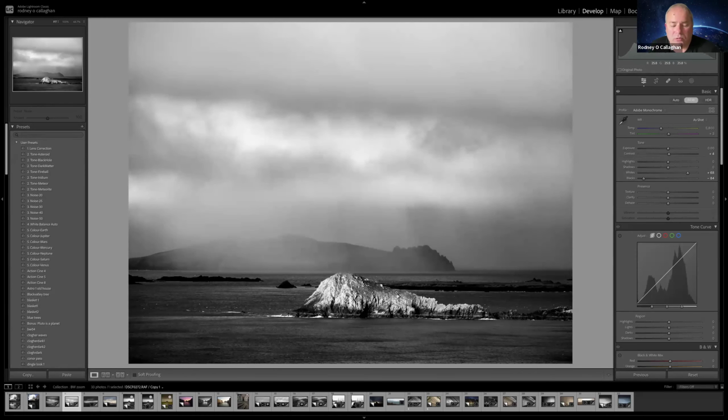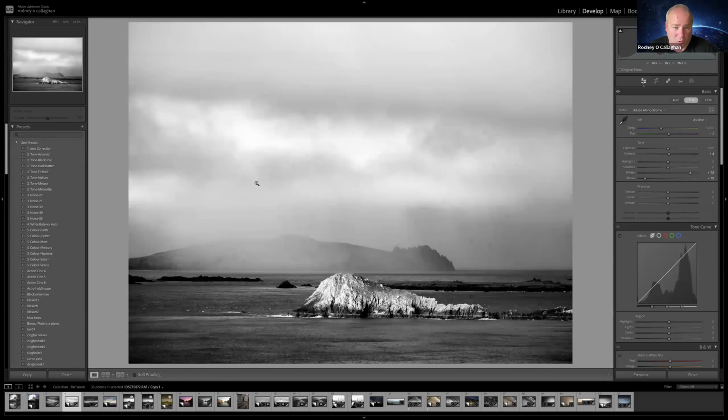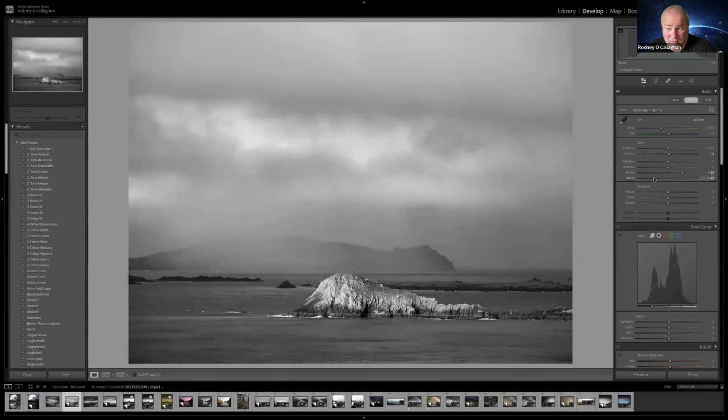Throughout this, I'm going to talk about the blacks and the whites. I'm going to talk about bringing tone into the sky, bringing tone into the picture, and revealing detail. We could use the clarity slider. That does a lot, bringing out detail by sharpening the midtones, basically. We can use that in places, but if we can bring out tones instead,